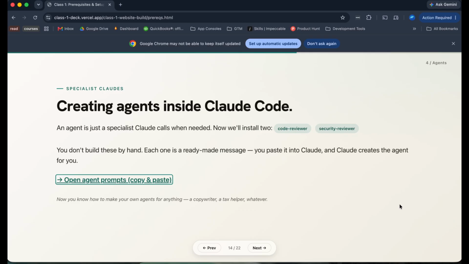Okay, so the next thing that we want to do is install agents. Agents with Claude Code are basically specialists that it can delegate tasks to. In our case, for these two agents specifically, we're going to be installing a code reviewer and a security reviewer. When Claude writes code, it's not going to get the code right the first time.